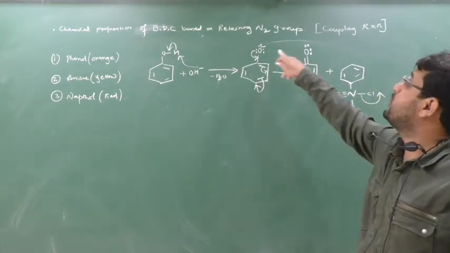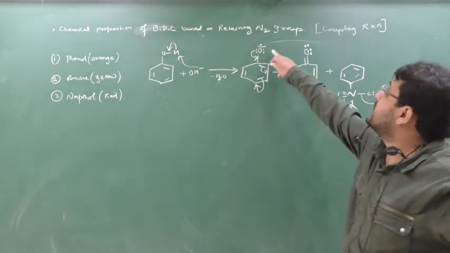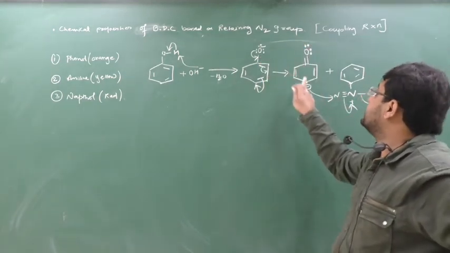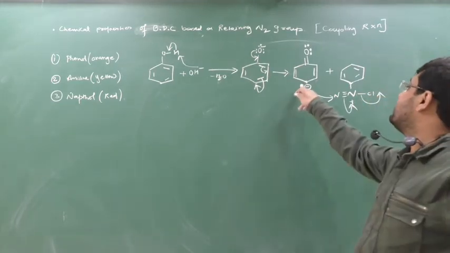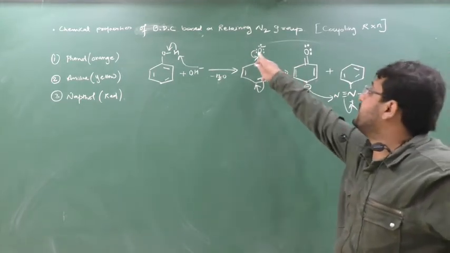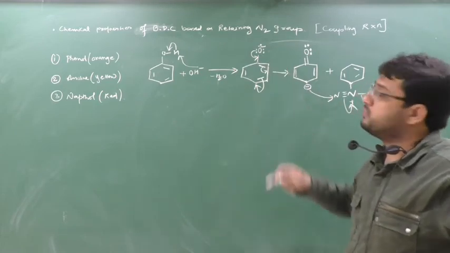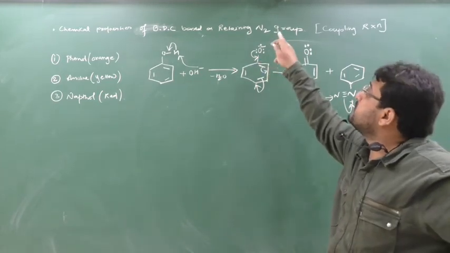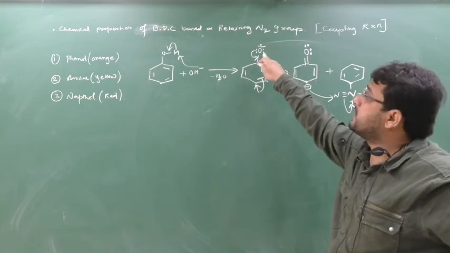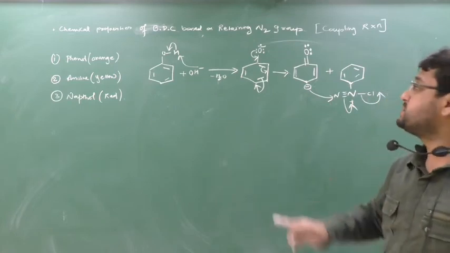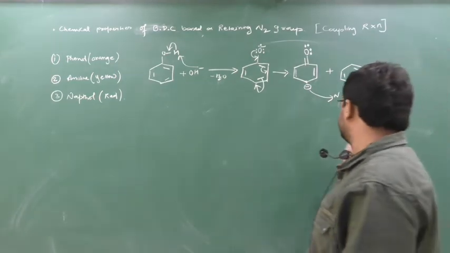Oxygen cannot do the coupling reaction because the minus charge is very difficult to move from a more electronegative element rather than a less electronegative one. Here carbon is less electronegative as compared to oxygen, hence the minus charge can be easily shifted. Oxygen does not give its minus charge, hence coupling will not take place through the oxygen. Coupling will take place from this carbon, especially para because of symmetry. Clear this part? Chalo, done this.